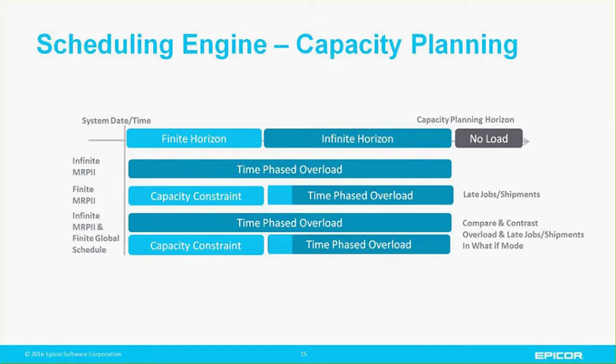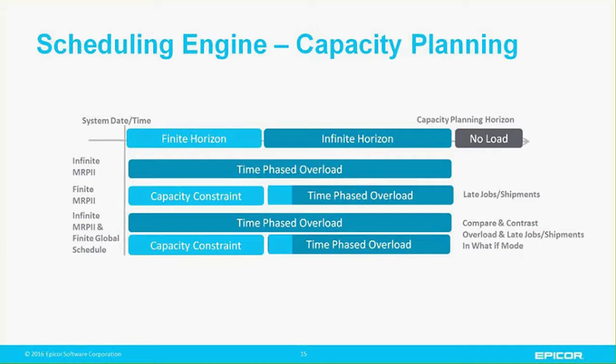Once these parameters and capacity settings have been defined, then MRP2 and global rescheduling may be run to generate live production schedules and a capacity plan. If MRP2 is run in infinite mode, then the scheduling engine will ignore any finite horizon defined for each resource. Dependent on load, there is often then the potential for overload on resources at any point within the capacity planning horizon. If MRP2 is run in finite mode,